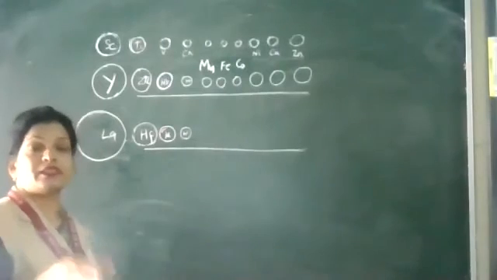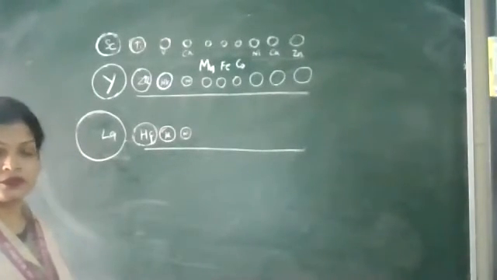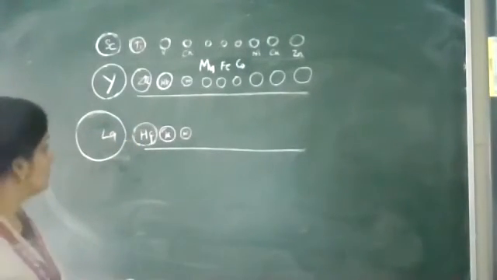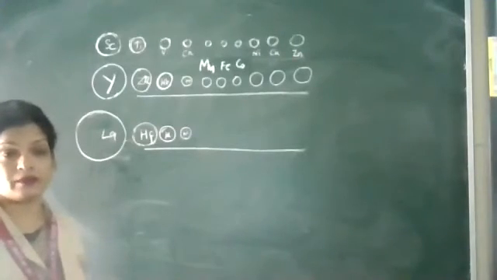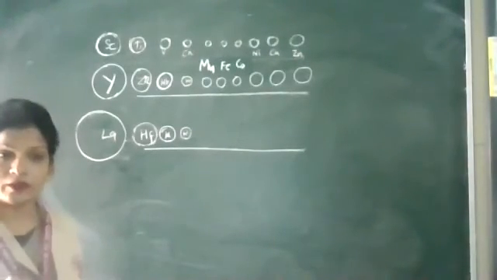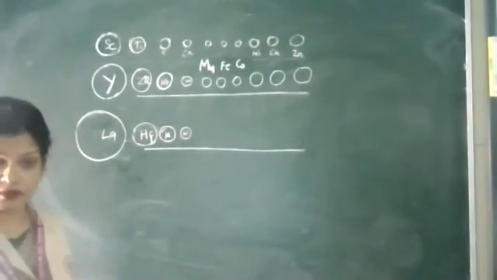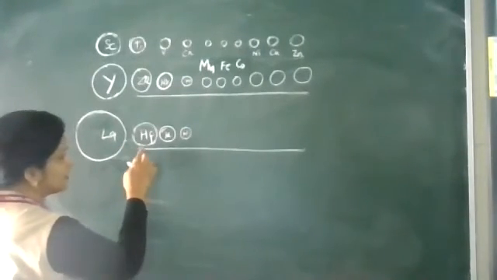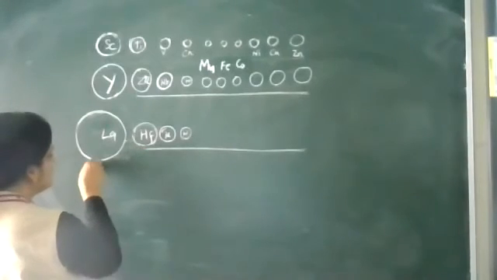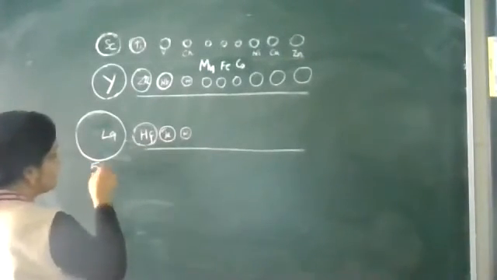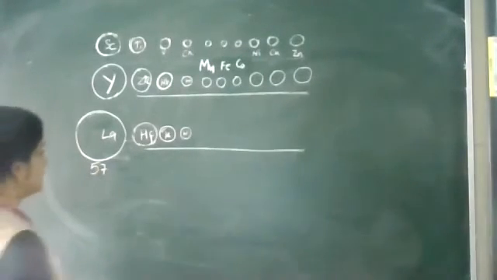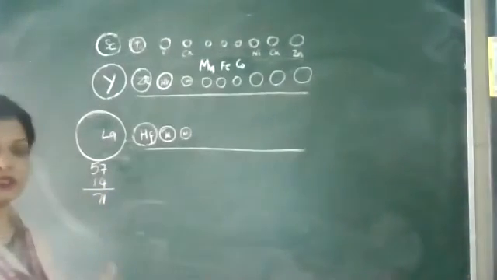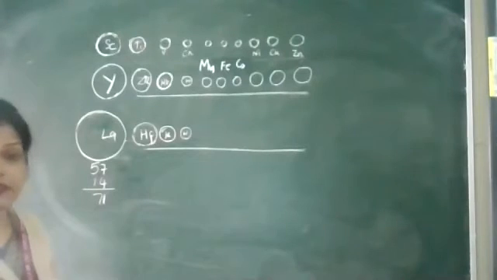The f orbital shielding effect is very, very poor, so the size is decreasing. F orbital shielding power is very much poorer compared to the d orbital. For d orbital, very poor; for f orbital, very, very poor. So there is a contraction in the size. Lanthanum is 57, then 14 elements means 71, from 57 to 71, lutetium 71.